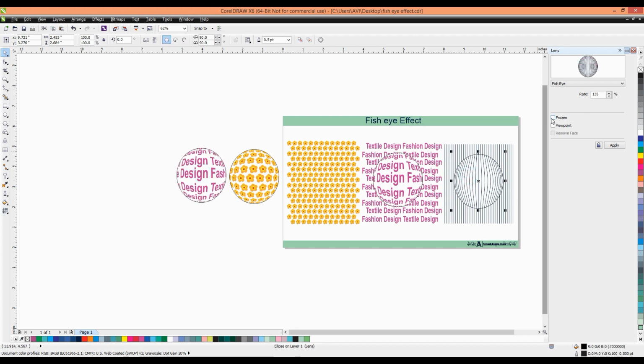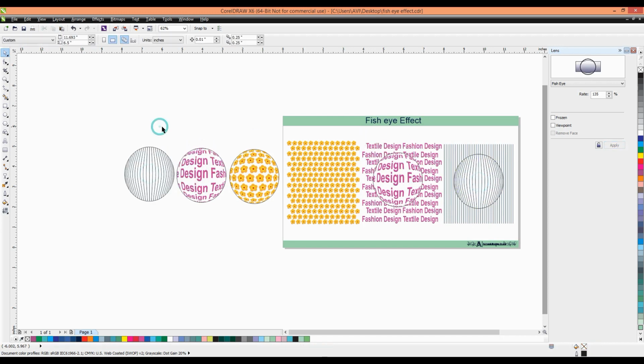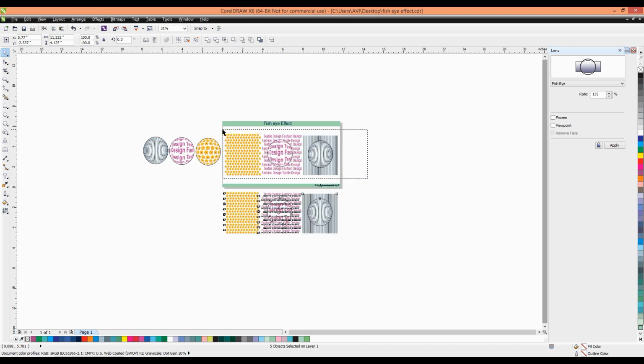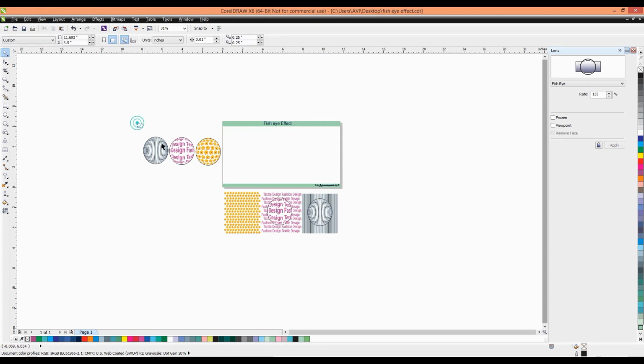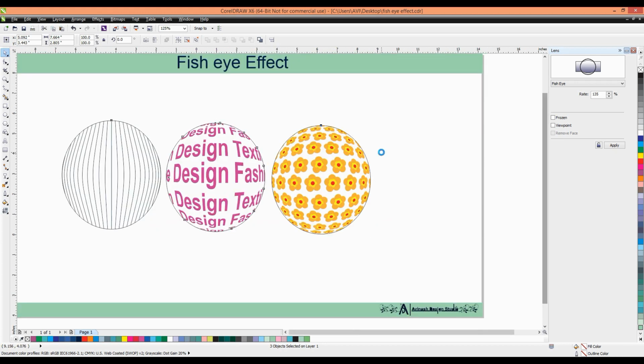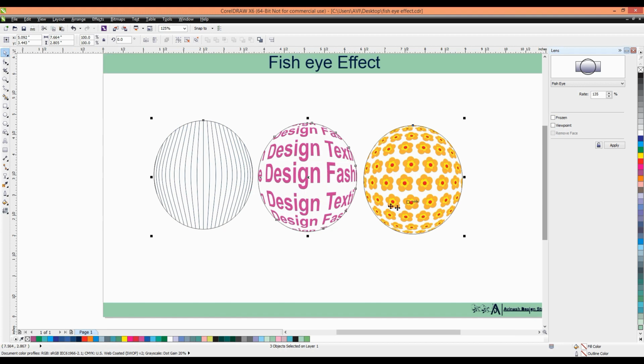Likewise with this, freeze, apply and change the place. Now we can shift this to another place, delete this, and shift these three balls onto the main page, and then we have to change something in it.